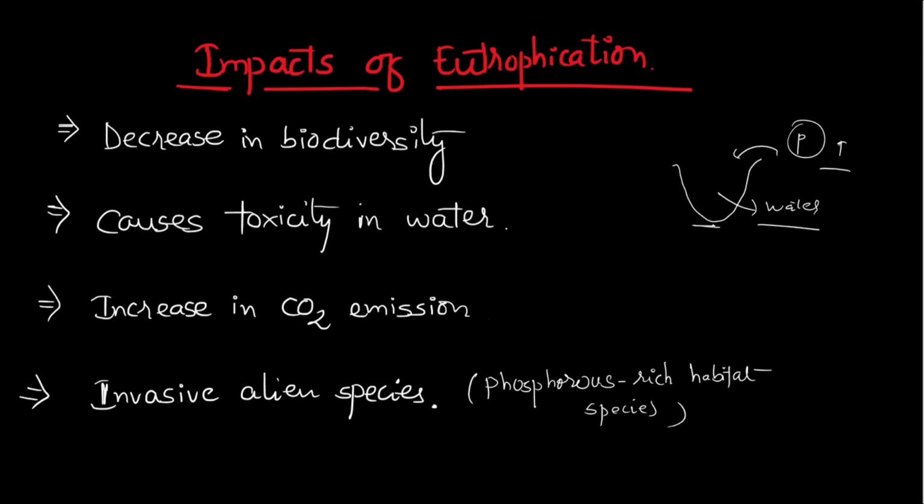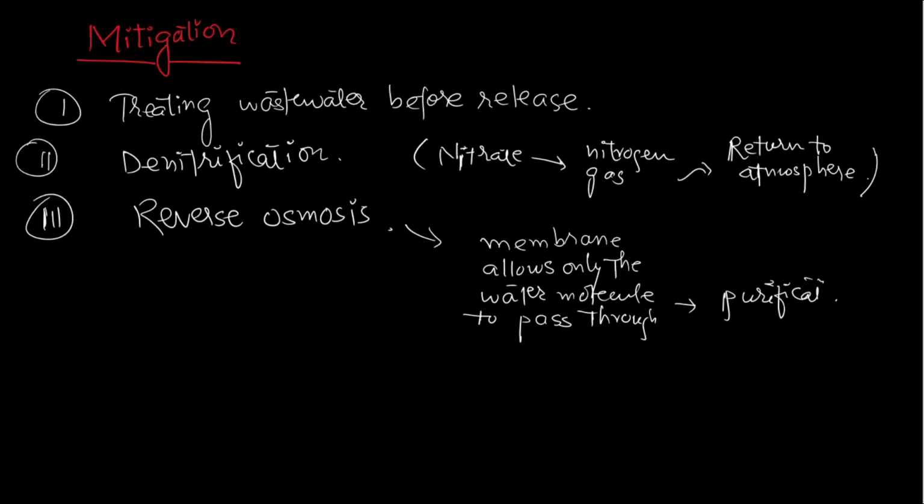Alright, now we saw what is eutrophication, what are the causes of it and what are the impacts of it. Let us see how we mitigate the impacts of eutrophication. Now the first is very basic and straightforward, that is treating the wastewater before release. Before we release the water, if we treat the wastewater properly, then we can take out the excess NPK or excess nutrients from it, so that it is free of nutrients before eventually going to the